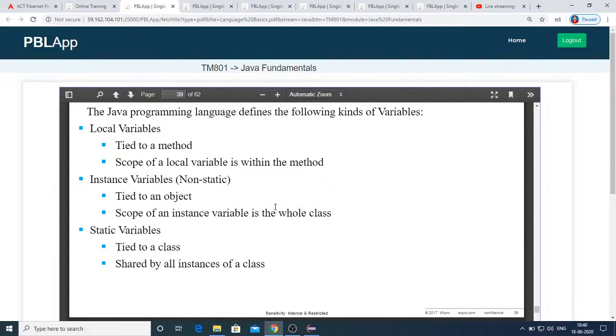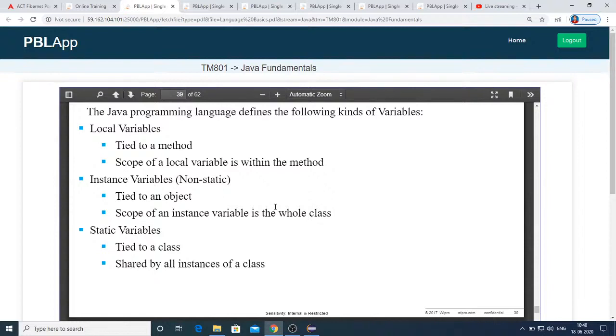So once the method terminates, the life of the local variable expires, whereas instance variables will have their life throughout the class. That means all the methods of the class can access and alter the instance variables.